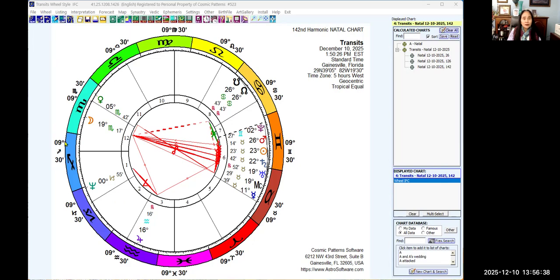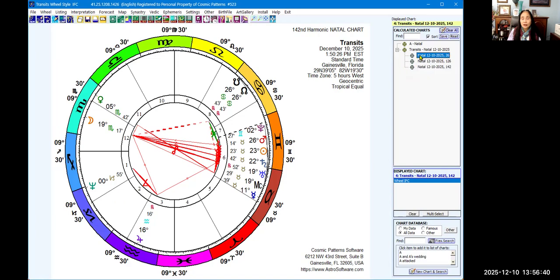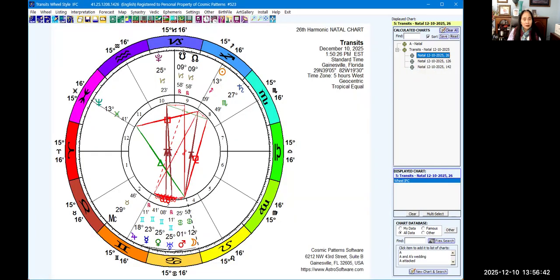If we look at the 26 vibration chart in here, these are all part of that. The Uranus, the Venus, the Mercury, the Jupiter, Mars, Moon, all combined together in here. The drive to break through, innovation, and everything.